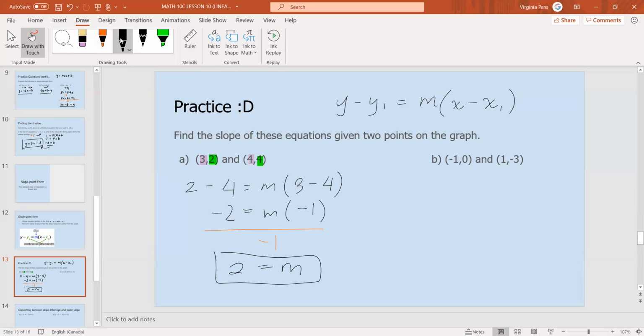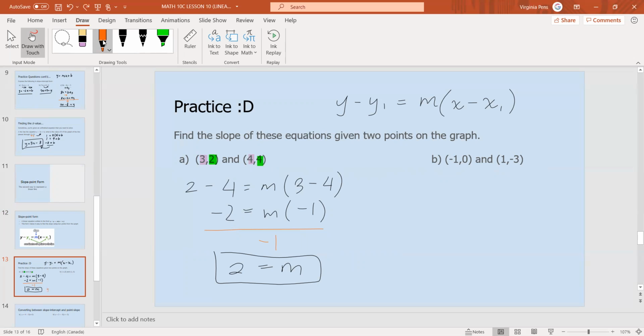Okay. The second one, same thing. Just put the points into the formula and find the slope. But let's do a part B of the first question. So we have the slope, but now let's put it into the equation and find the proper equation for the first point, for this line. So using point slope form, we have y